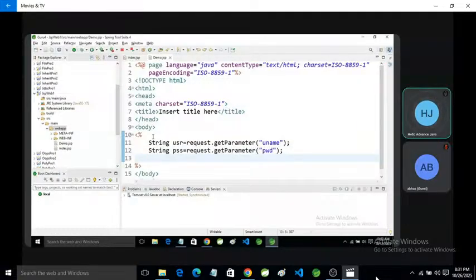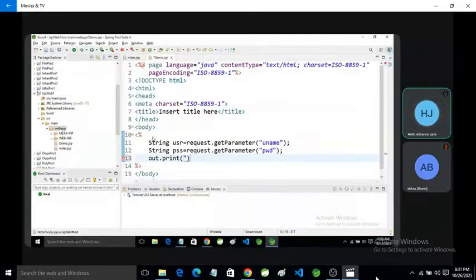After that, suppose you want to print this. So we have no need to create the object of PrintWriter here. Here we have no need of HTML, CSS directly.